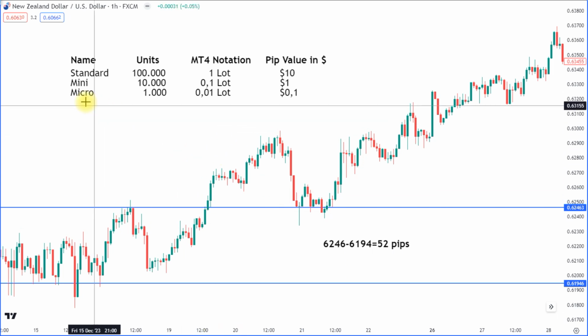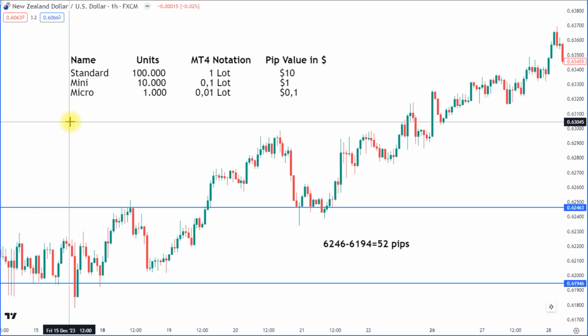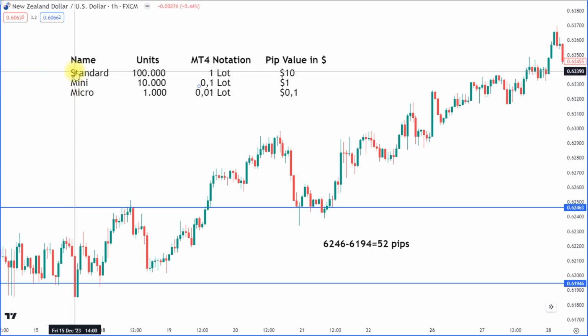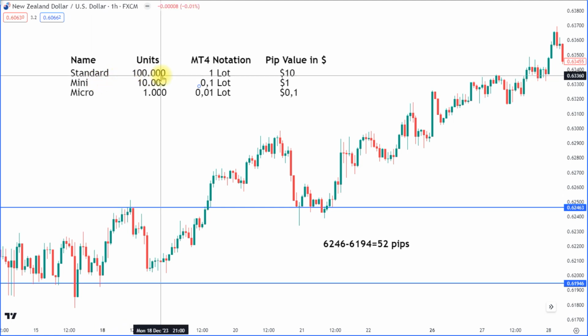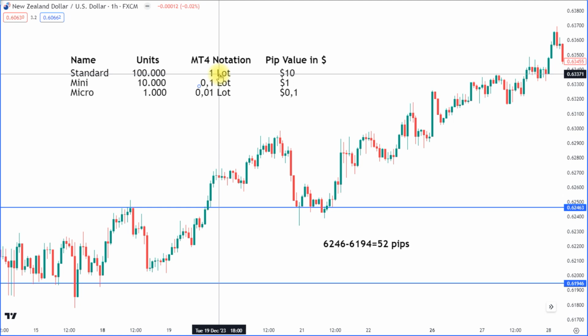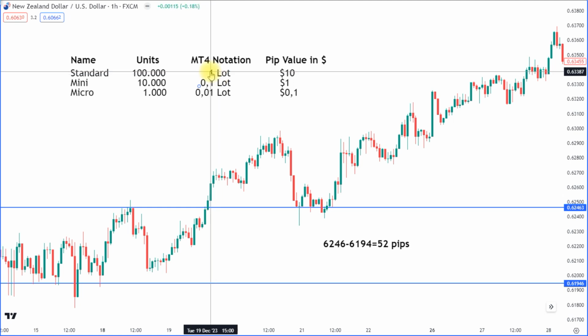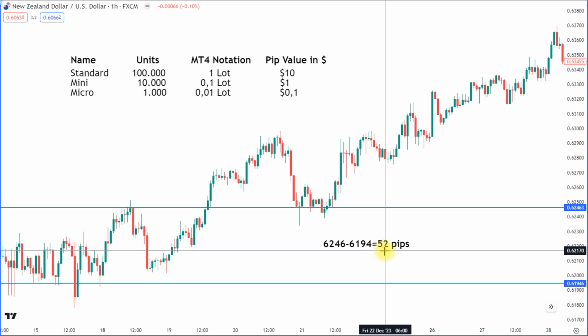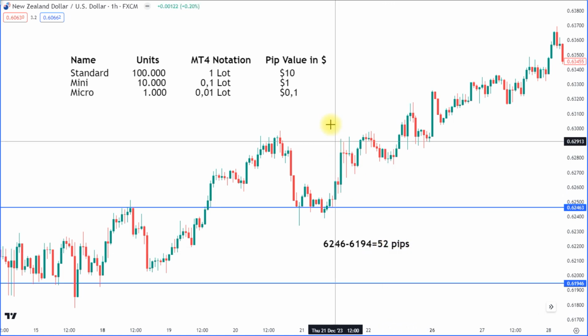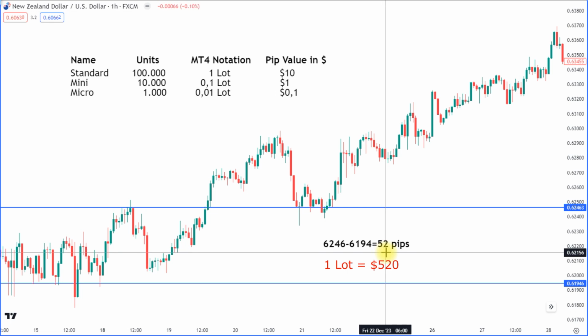And here I have a table of how many pips are which value. There are 3 main sizes that we can trade. That's the standard, the mini and the micro. The standard is worth 100,000 units and means 1 lot. A lot is of course the size that we can trade, and with 1 lot we will move $10 per pip. So in this case we have 52 pips that we're risking, so 52 times 10 means $520 that we're risking